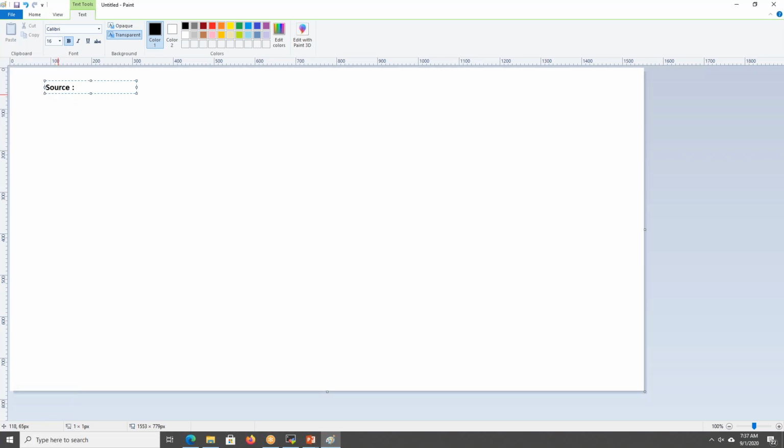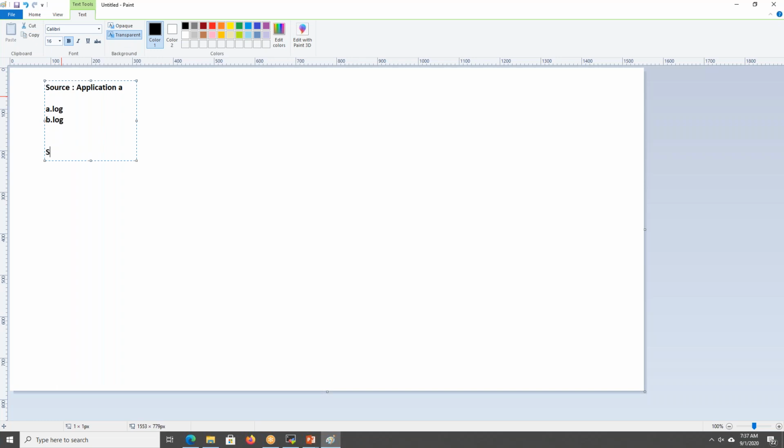Source is the file name, whatever log you are shipping. If you are shipping a Tomcat log, it will be access.log or whatever. If you have application A, you will be shipping a.log, and for application B, something like b.log. This is called the source.